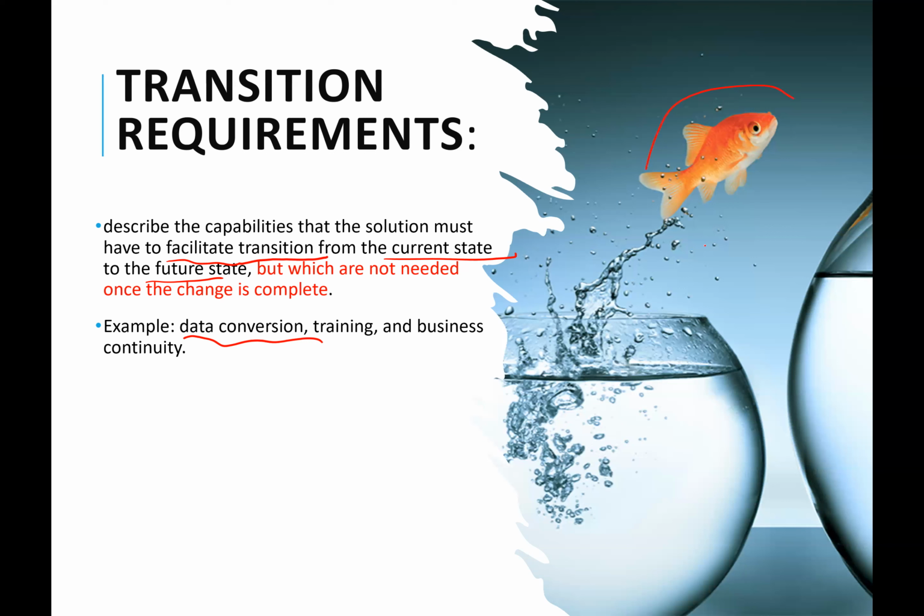And she's the owner of this goldfish, right? And so we know that the goldfish can fly. So it's a flying goldfish. This is the current state. So she has decided that she wants the goldfish to move into a bigger bowl. So this is the current state. This is the future state.